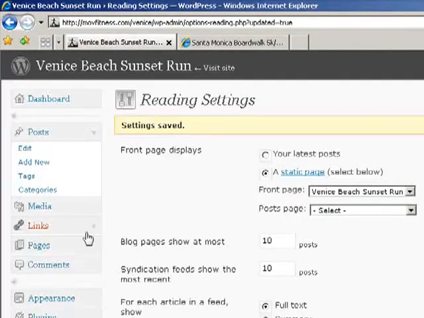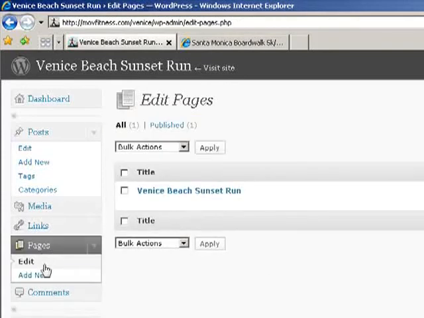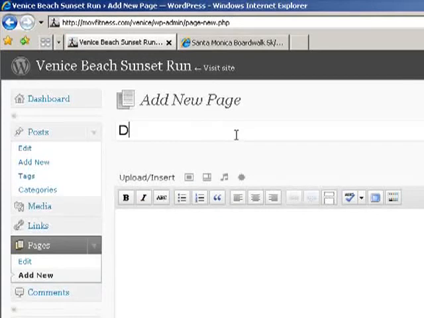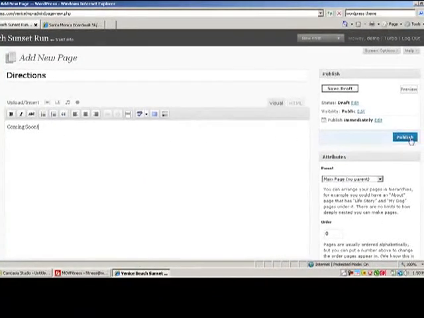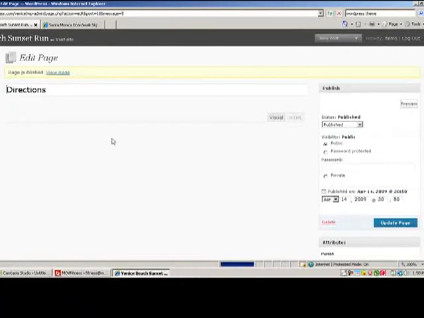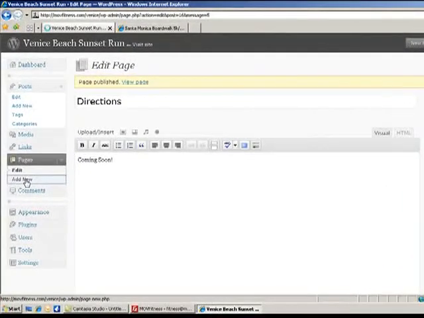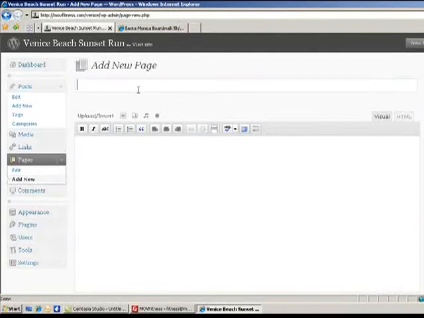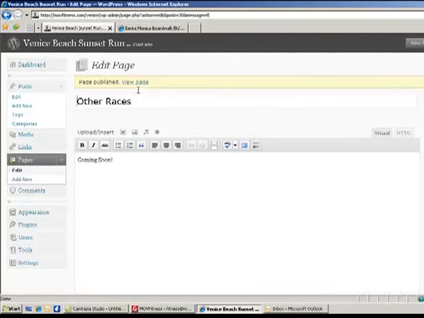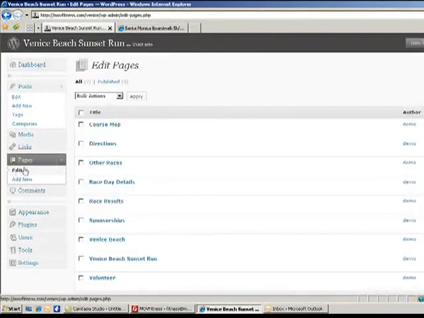We'll go back over to our dashboard, go to Pages, and click Add New. In here, we'll put directions, and for now, let's just put Coming Soon. And let's publish that page. We'll click Add New, and we'll do this again for all of the pages that we need. Okay, so now I uploaded, I think about 8 pages, and when we click on Edit, you can see all